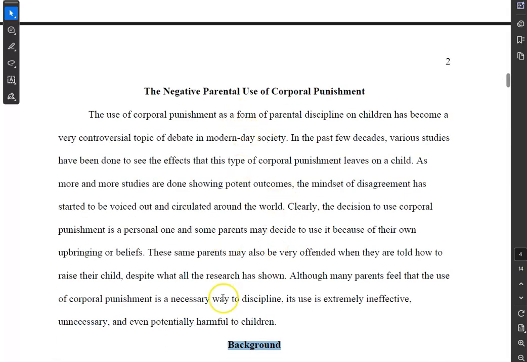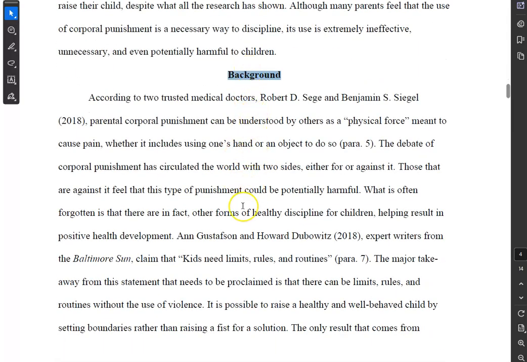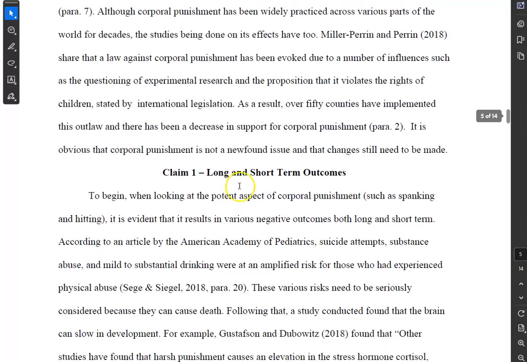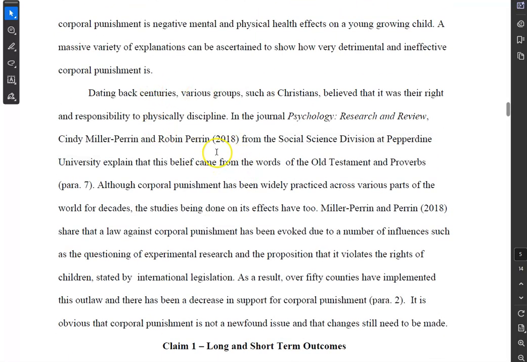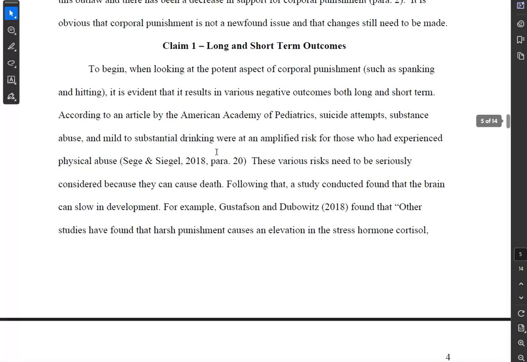We understand that this is the introduction simply because it follows your title. But now we have background. We have all of our background information in there. See, it's 2 paragraphs. It doesn't have to be, but it doesn't need to be just a single paragraph either.